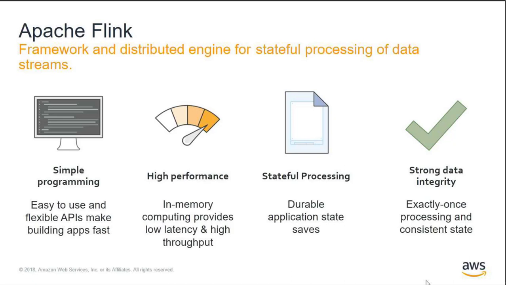It's also highly performant. It offers in-memory computation with low latency and high throughput. What do we mean by high throughput? When you're processing data streams, I mentioned high volume in the beginning of the presentation. Typically, this could be anywhere from a couple of events per second to hundreds of millions of events per second. And Apache Flink can handle that type of performance, doing relatively complex things like even machine learning, real-time analytics like sums and counts over windowed aggregations, everything like that with a high variety of data. That's another reason why we've chosen Apache Flink.